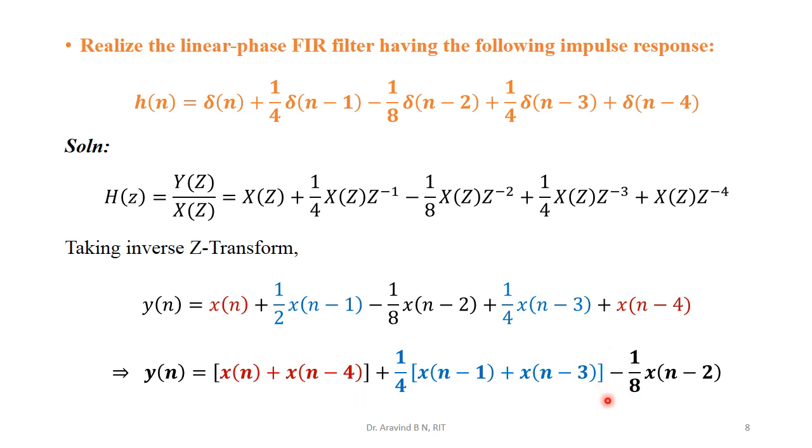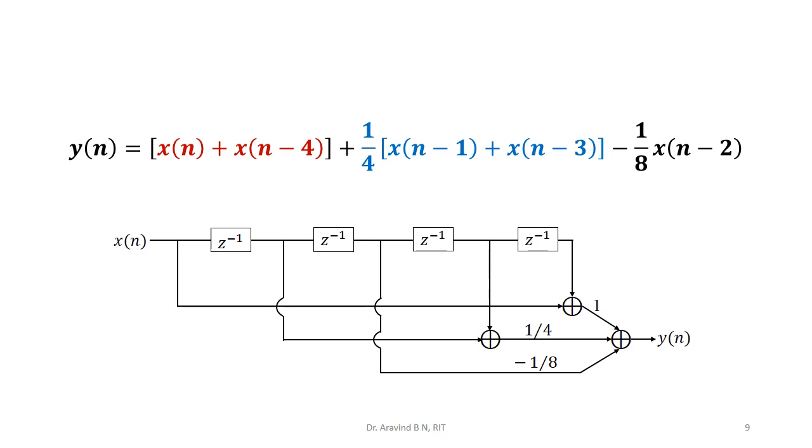With respect to sign, if the midpoint varies, it doesn't matter because we are not going to compare the coefficient of the midpoint with any other values. Therefore, just a sign variation is there. And this is the final y of n we are going to get, and this is the final realization we are going to have. So same problem, only the sign changes with respect to the midpoint, to indicate that the midpoint has no effect with respect to its sign or coefficient value.